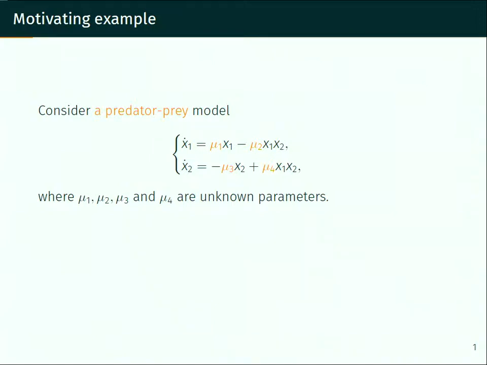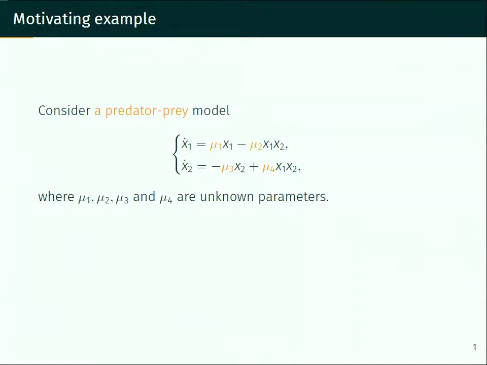Let x1 be the number of rabbits, x2 the number of wolves, and you think that rabbits give birth to new rabbits, and this rate is proportional to the number of rabbits, and each time a rabbit meets a wolf, the rabbit might disappear. So this is the second term. Then the modeler constructs this model. He has this sort of reasoning, but